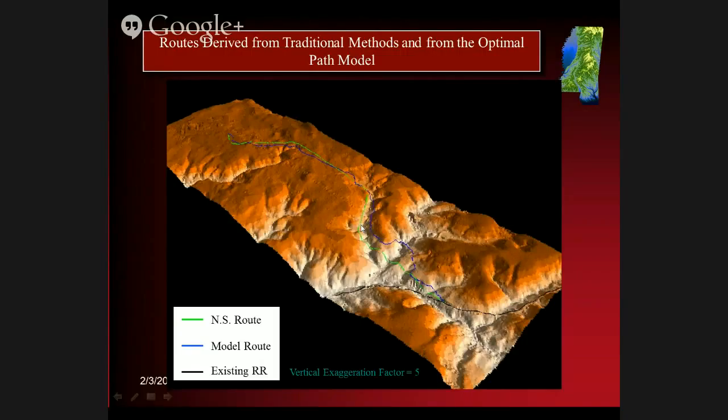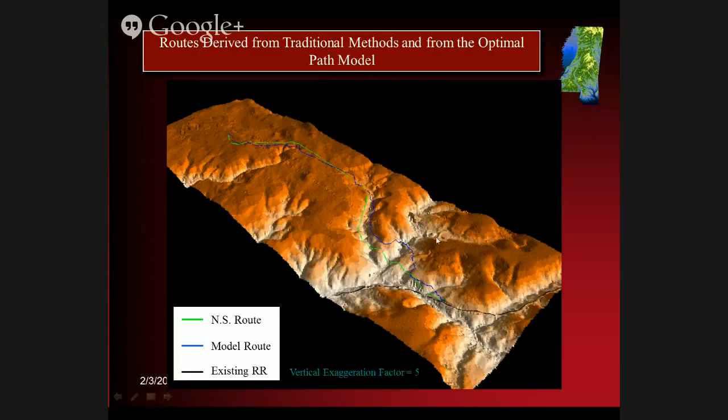Okay, see, there's fewer turns in the Norfolk and Southern line than there are in our proposed model route that took some turns. So perhaps what we could do is go back and evaluate our model, and perhaps increase that total track cost, and that would prevent it from making so many turns, and it might get closer to what the Norfolk and Southern route, the traditional route, chose. But regardless of that, it was very similar,